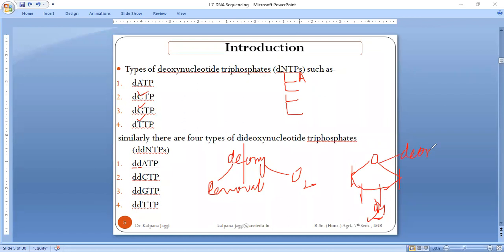But now the term is not deoxy, it is dideoxy. That means two times there is removal of the oxygen group. One is the removal from here, and the normal configuration of the ribose sugar is like H, OH. But even from here, O is removed and only H is left behind, right? Because oxygen is removed two times, it is said to be dideoxy. This is the main concept behind the enzymatic method. I just hope it is clear to you all: what is the difference between deoxy and dideoxy?